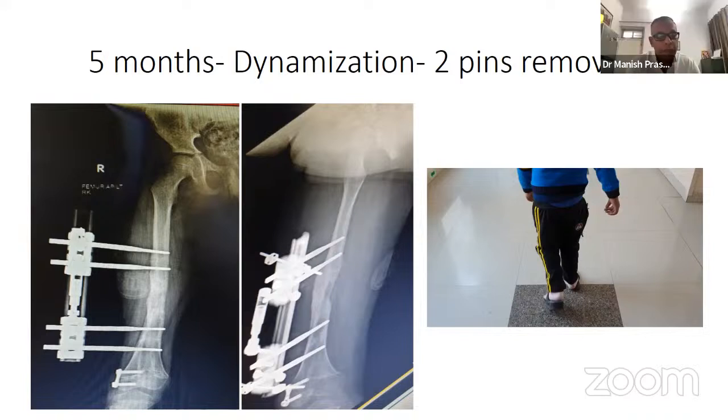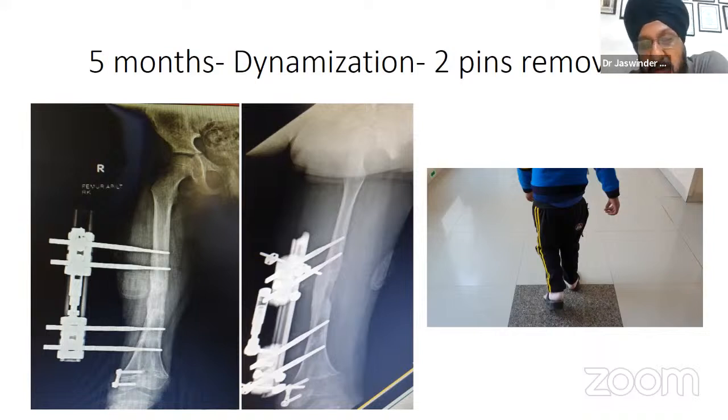So could you have made a difference if you had done a cut in the TFL while lengthening the femur, maybe? Usually we don't do it routinely. I'm not sure what other panelists follow, but we do a lot of lengthening like these and more than these. But this looks like around 5 centimeters. Almost. So he's a kid. I think it's a huge amount for him. It's almost about 20% of his entire femur. So that's my view.